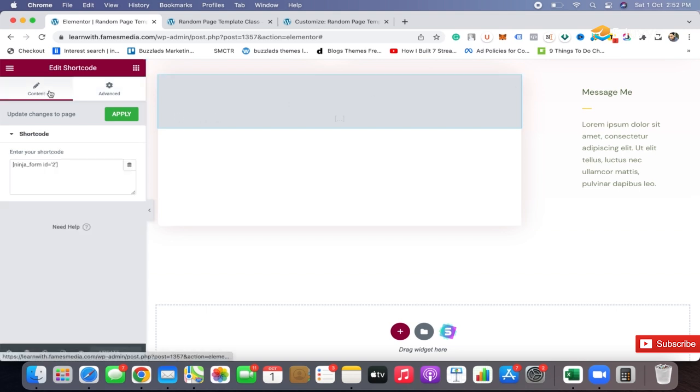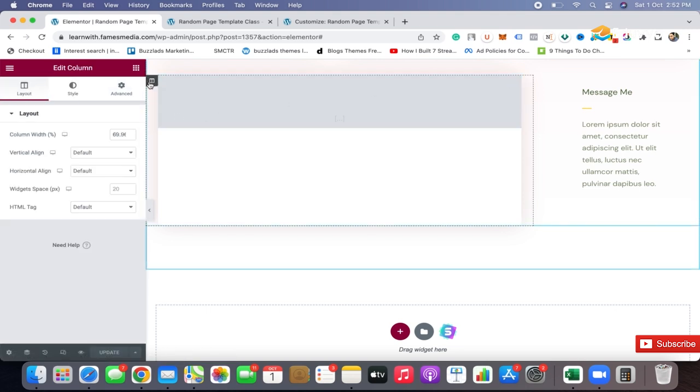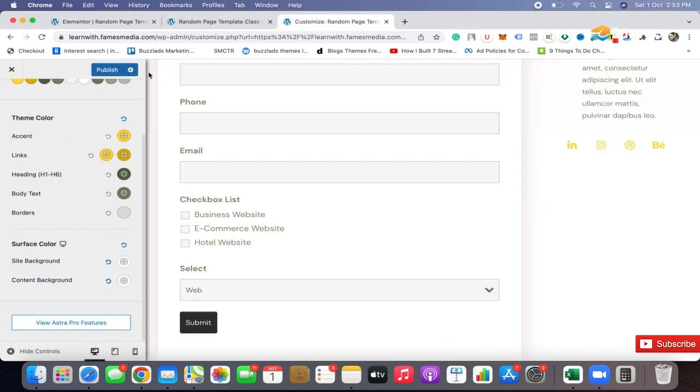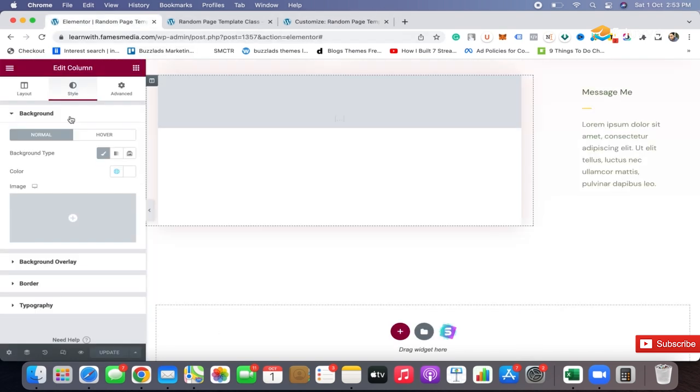So let's go back and go to the column, go to the style. And now you can see that if the same thing has been implemented in the Elementor, you won't be able to find it from the customizer over here. So eventually you will have to edit it with the help of the background in the column section over here